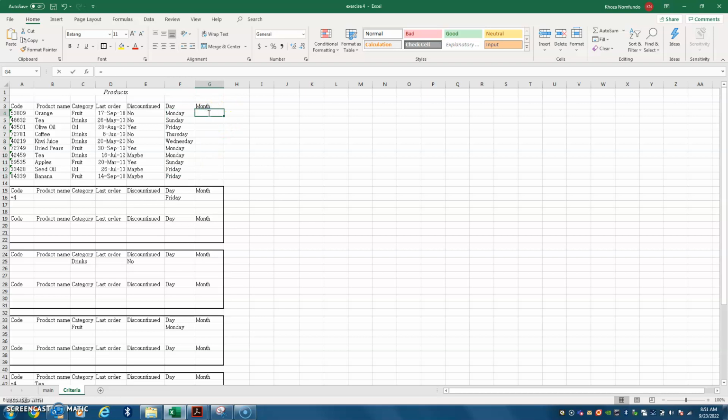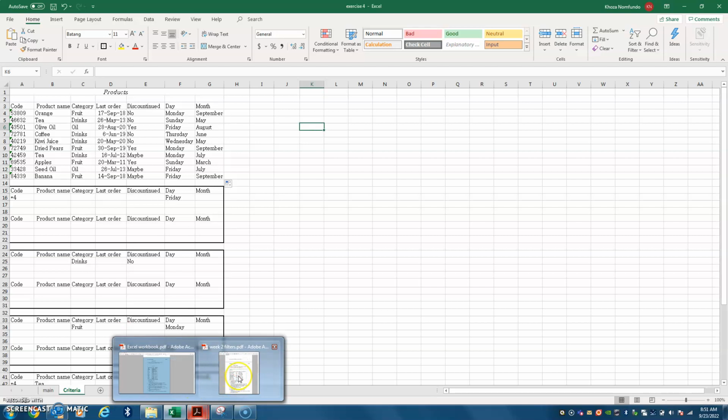For month, you are going to say equals to TEXT again. You open the bracket. You click again on the full date that is typed. Then you click the first date of the table, comma or semicolon, you open your inverted commas, and then you key in M 4 times, whether in lowercase or uppercase, it doesn't matter, and then you close your brackets and your inverted commas. So this Monday was in September, then you drag down to the last one. It's going to give you the months of the year and the days of the week, and then